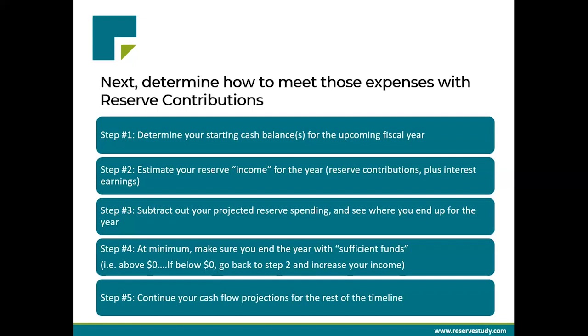But the beauty of doing this process, this modeling of cash in and cash out on an annual basis, is that it's very easy to do with an Excel spreadsheet or a third-party software. You can run a scenario going out 30 years very quickly just by setting up some formulas that show, as cash goes in and cash goes out, where that leaves you at the start of each fiscal year. Okay, all you've got to do then is figure out how much money you need to contribute over those years to keep that account balance at a safe level.